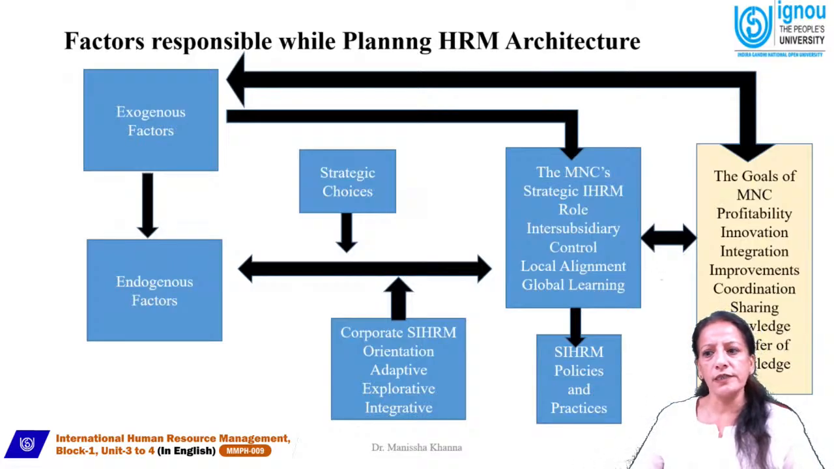Then it is directly aligned. The exogenous factors are directly interrelated with the goals of the multinational, which is also interrelated with the multinational strategic human resource role, and it is mainly directed towards the strategic human resource policies and practices, which is locally aligned. The global learning is there, the inter-subsidiary control is there, whereas the endogenous factor and exogenous factor both create the strategic human resource role, whereas the endogenous factor includes